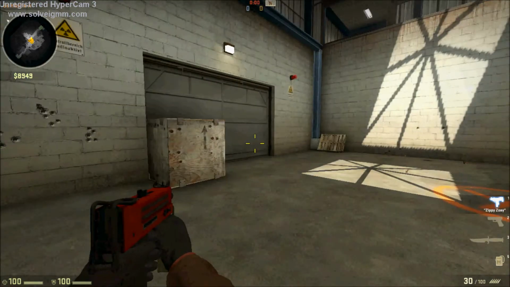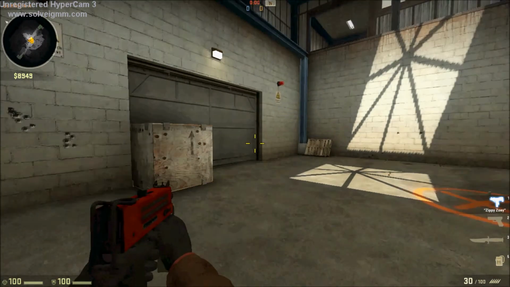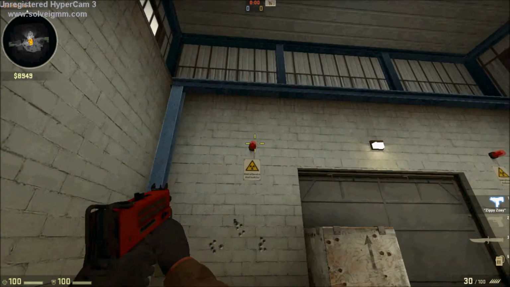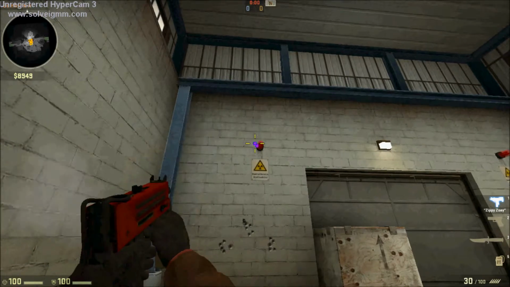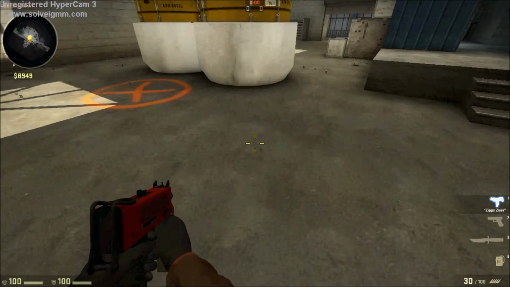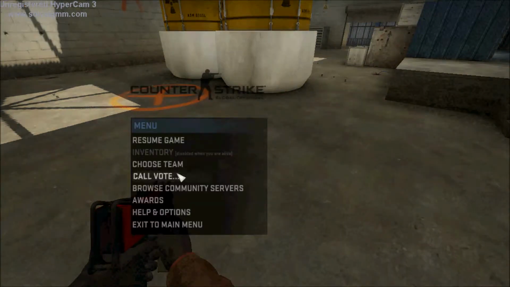I don't find it that helpful because I think it moves too much around the screen, but for a new player it can be really helpful and show you when you are perfectly accurate again and when you should better not shoot. So yeah, let's go over to the next crosshair,